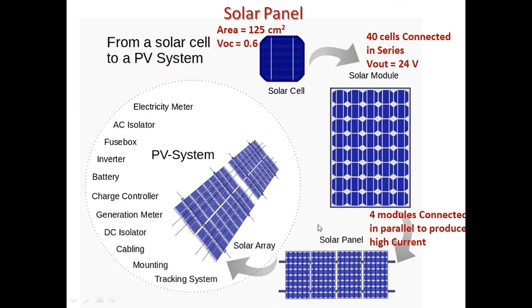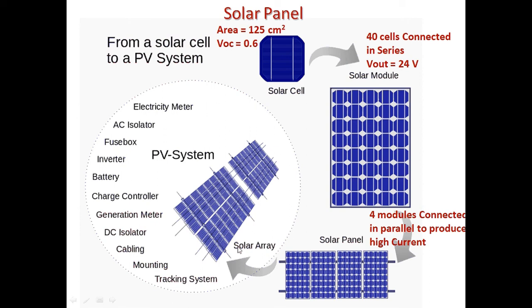The solar panel is developed with solar modules first. Solar modules contain solar cells connected in series producing the required voltage, and then these modules are connected in parallel to produce the required current. So if you want more current, you can increase the number of modules in your solar panel, and you will get much higher current. Similarly, if you want more voltage, you can increase the number of cells in each solar module, and you will get higher voltages. Depending upon your requirement, one uses more voltage and current in the solar panels.